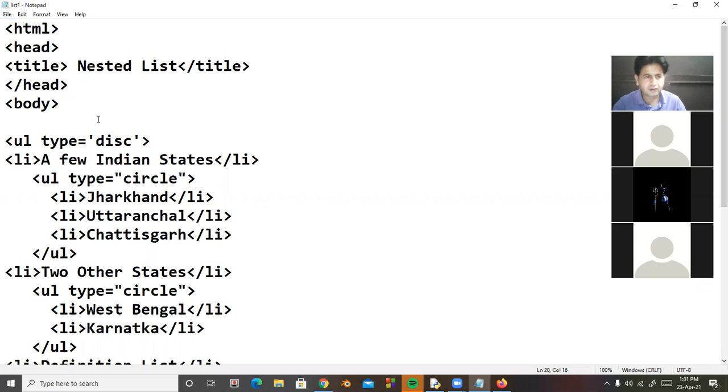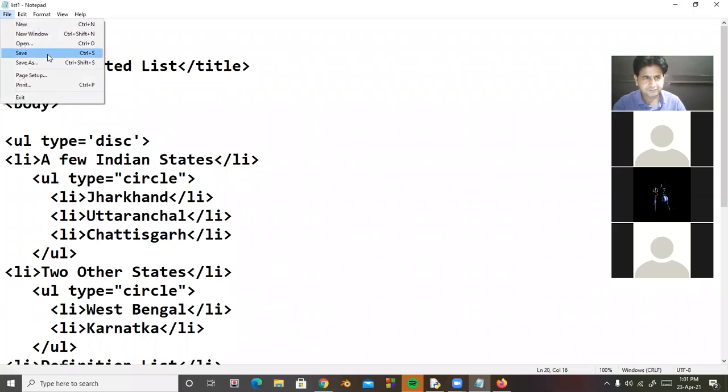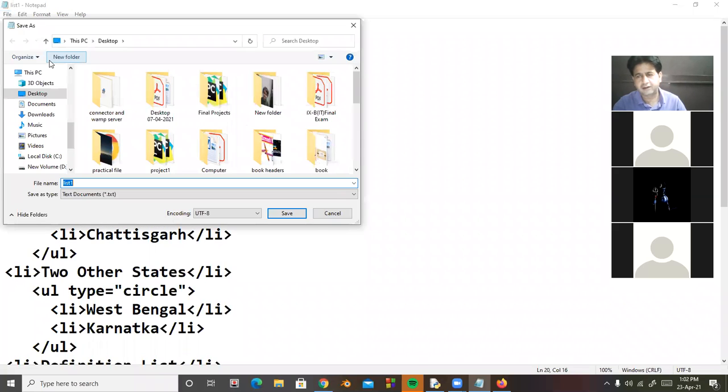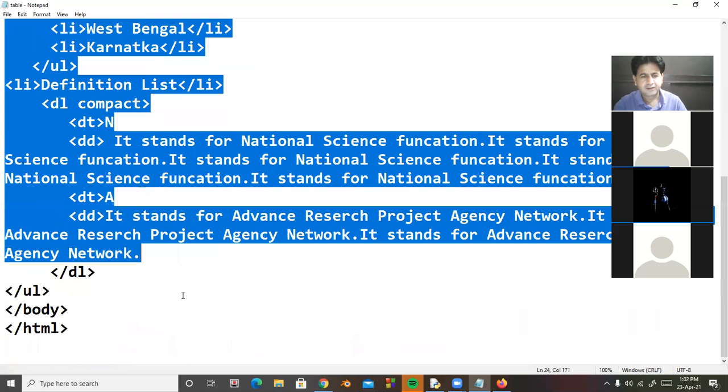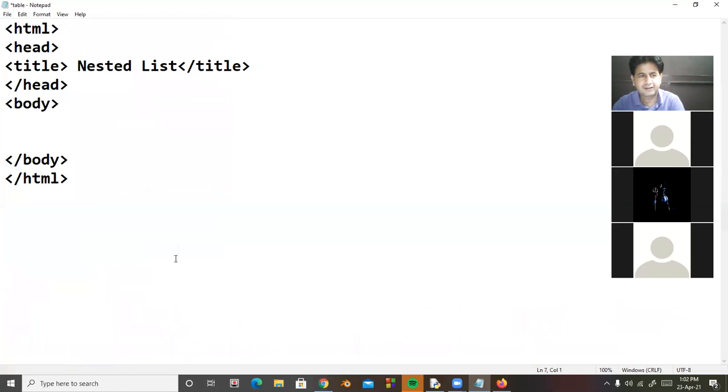So in the case of your table, the first tag is table.